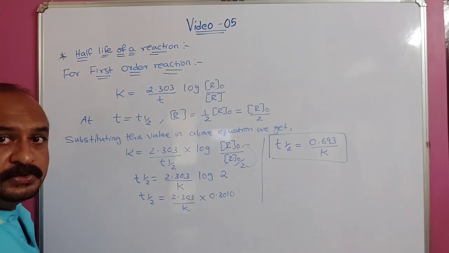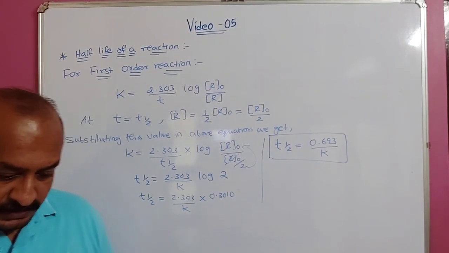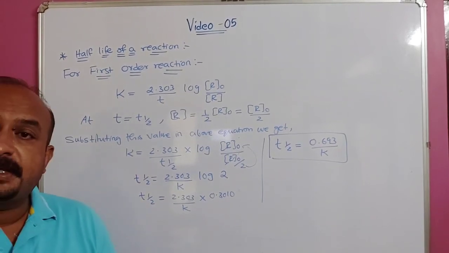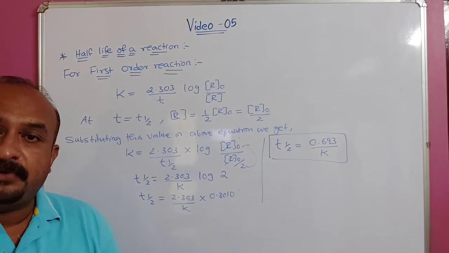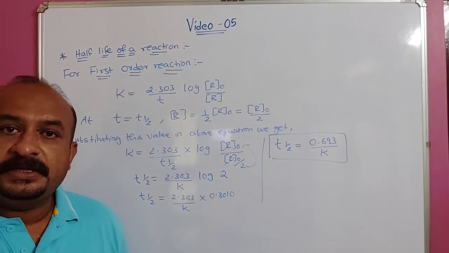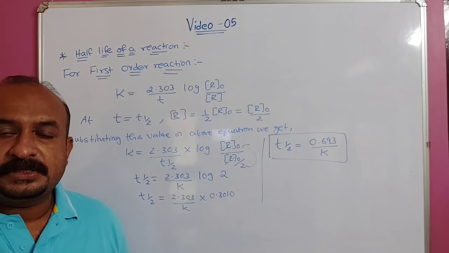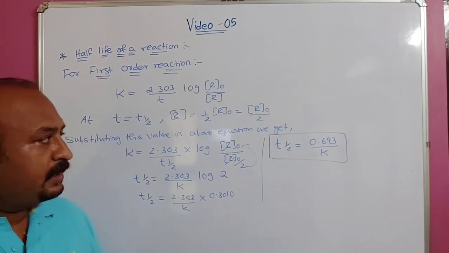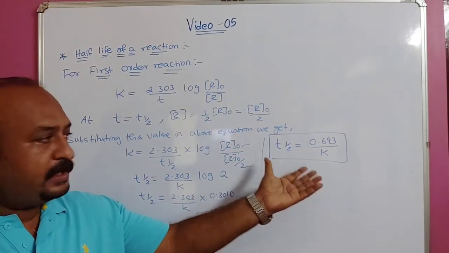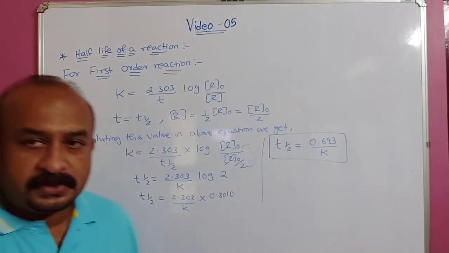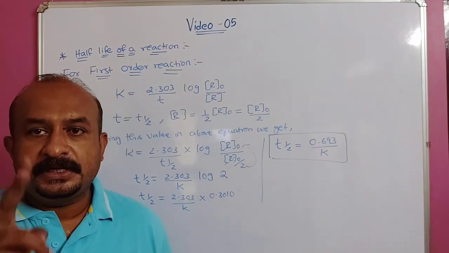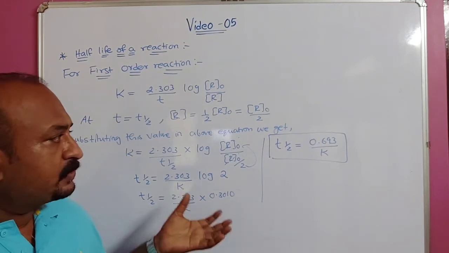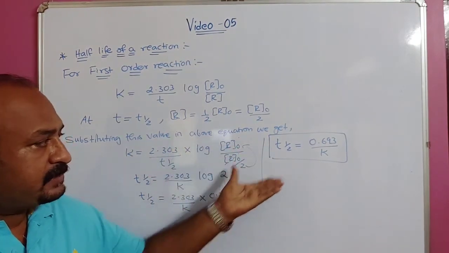Now in your textbook, on page number 111, example 4.7 and example 4.8 are given. That I will be solving in the next videos as a revision part, and all the numericals I will also be discussing. So I think this part is clear to you. Today, in half-life we have studied two things, so that we will revise a little bit and then we will stop this video.